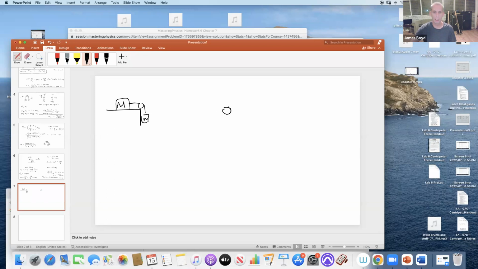If I draw a free body diagram, big M has a normal force and big Mg and a tension. There's no friction in the problem. And I'm going to draw X that way, and I'm going to draw Y that way, because once little m starts to drop, it's going to pull M to the right. Now for little m,